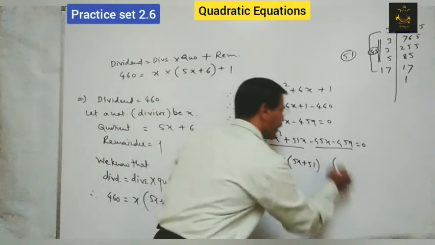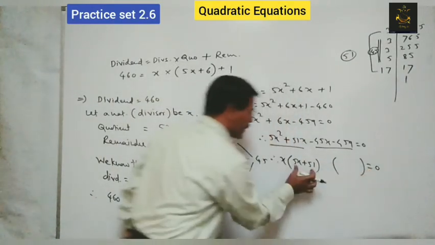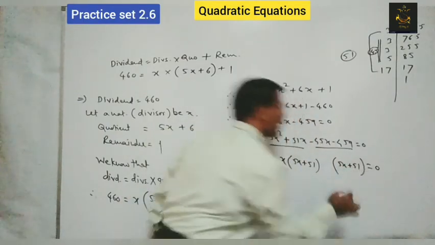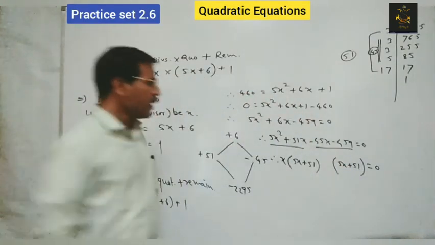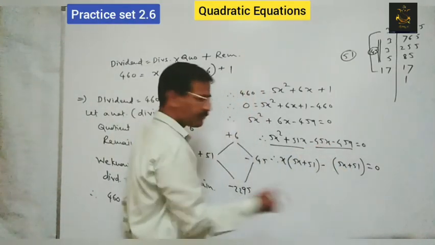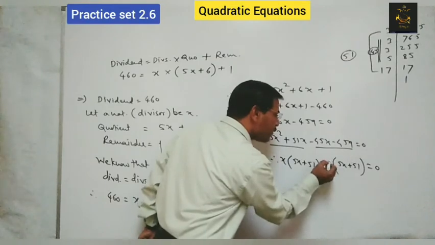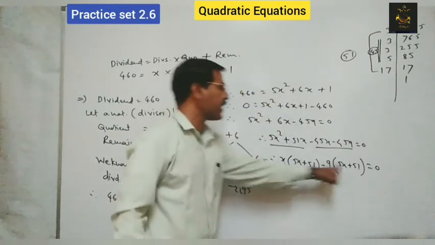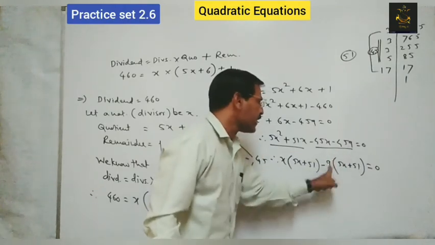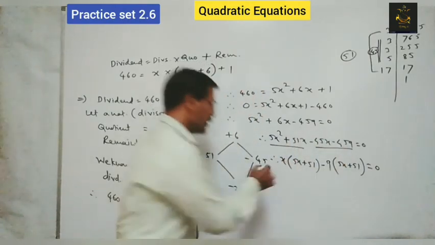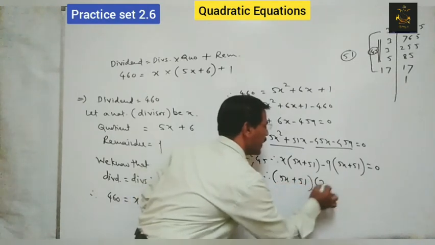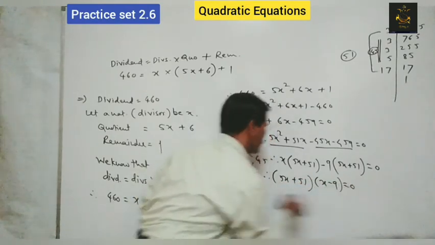Now always try to understand, here this bracket should be the same. Means 5x plus 51 must be there. Now here we have to take minus 9 common. That means we have to change the sign. Here 5 is there, means we have to take 9 common, because 9 5s are 45. Like this. 9 5s are 45. Now write that bracket just once only. Here x minus 9 is equal to 0.